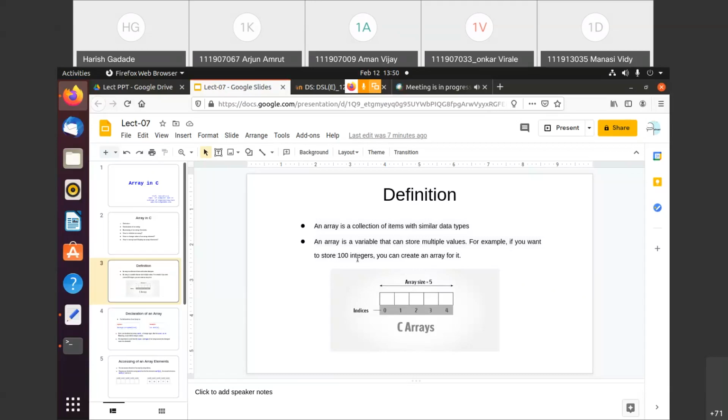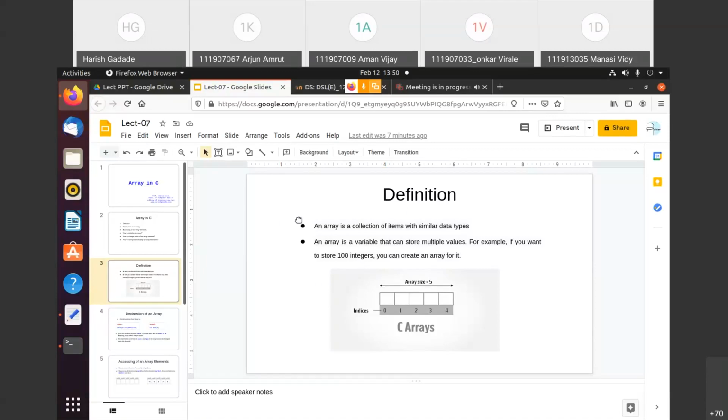And those variables are hard coded, because if my need is more than that, again there would be a problem. If my need is less, again there would be a problem. So that's why individual variables are not the solution for such problems. The solution is the array. So this is about the array.